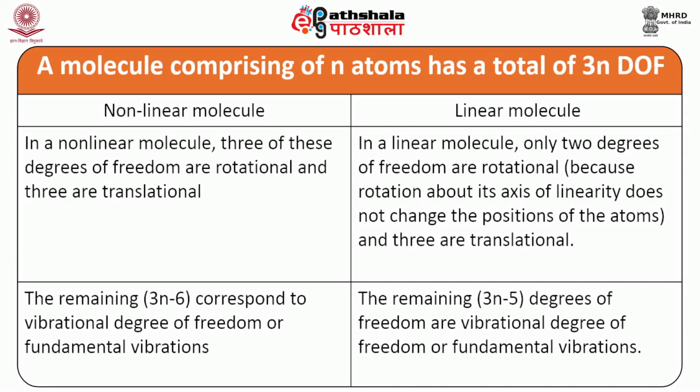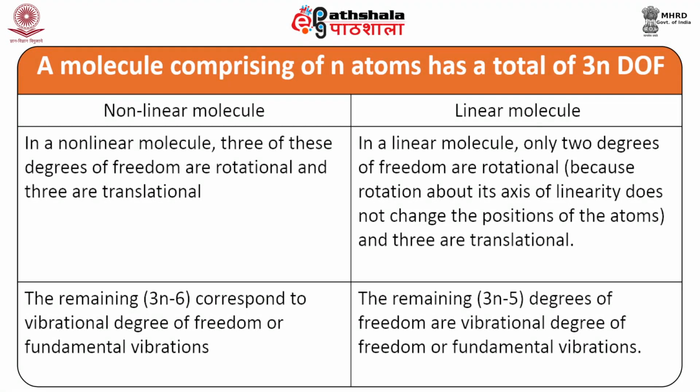In a nonlinear molecule, 3 of these degrees of freedom are rotational and 3 are translational, and the remaining, that is 3n minus 6, correspond to the vibrational degrees of freedom or fundamental vibrations,